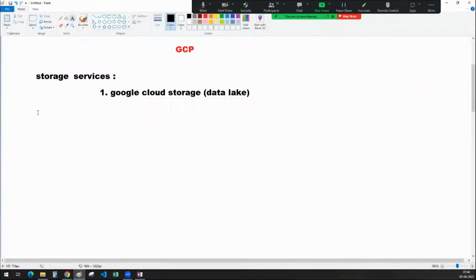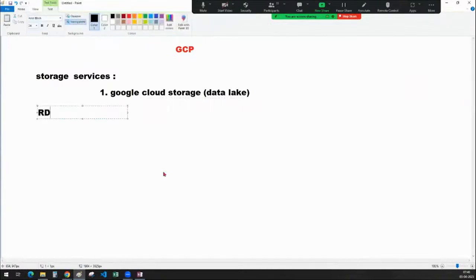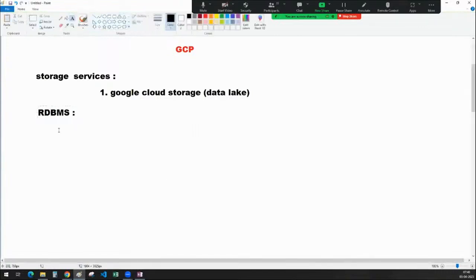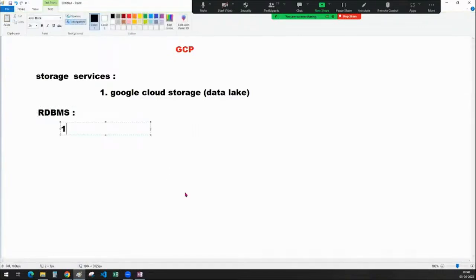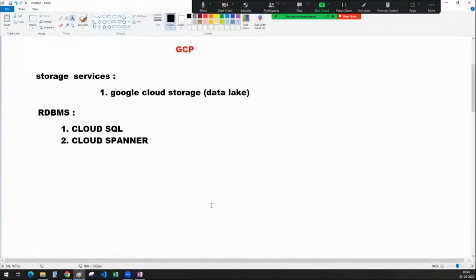We have here RDBMS. In RDBMS, we have the first one, Cloud SQL. The second one is Cloud Spanner. Okay, these are the two services that come under RDBMS.